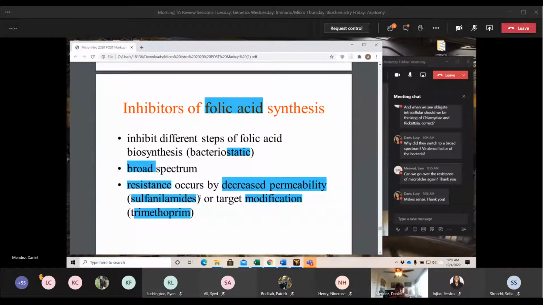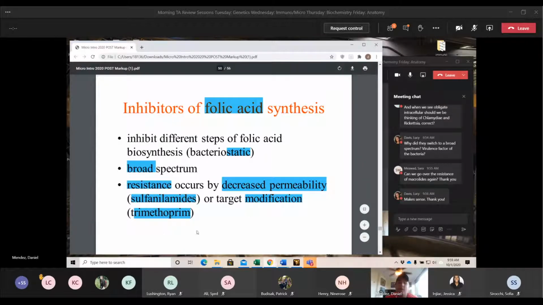Once again, this is changing the subunits on tetrahydrofolate reductase. Because trimethoprim acts by inhibiting tetrahydrofolate reductase, the enzyme they need for folic acid synthesis, if the bacteria changes subunits on that enzyme, trimethoprim can no longer bind to that enzyme, and then it will lose its effect.